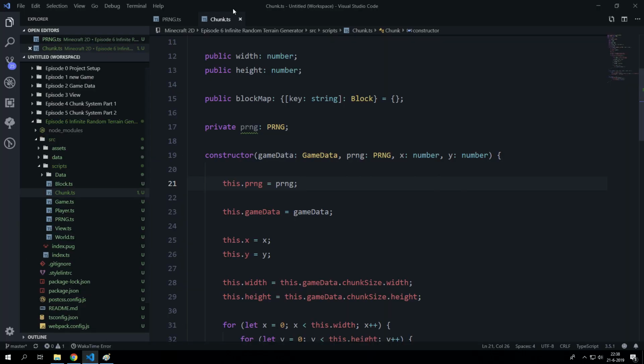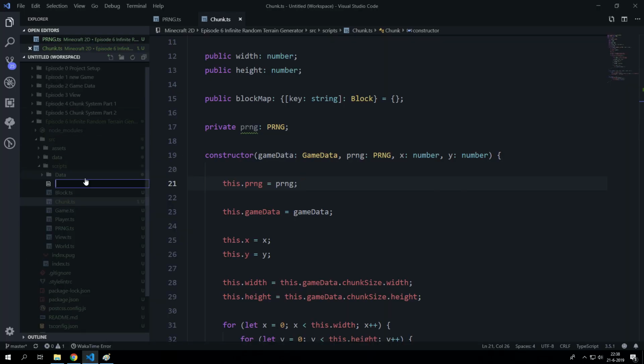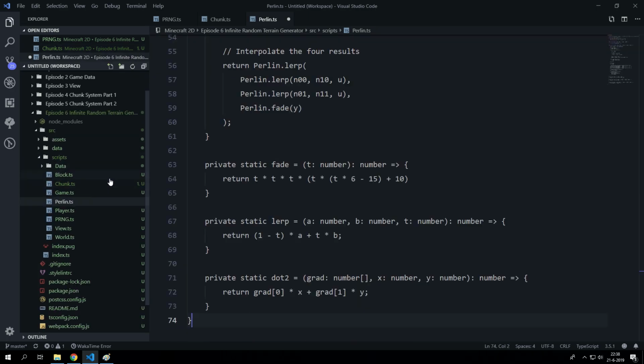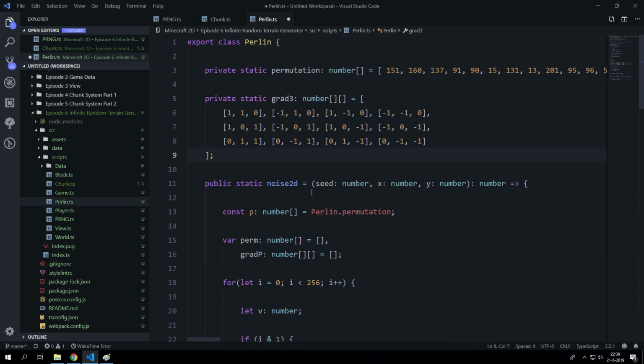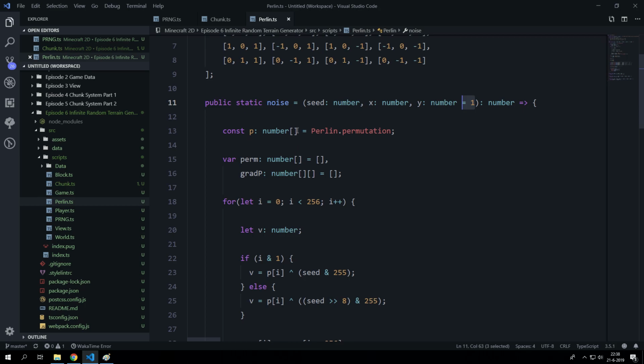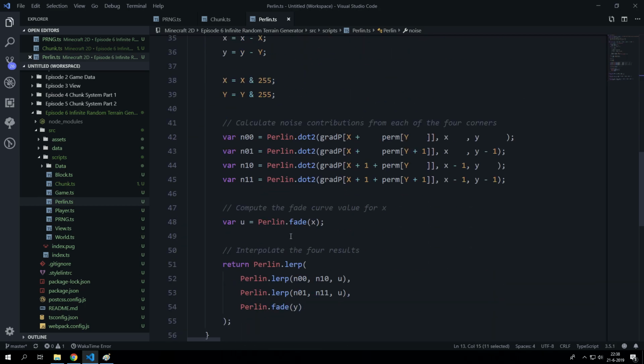Let's copy it and let's paste it in a new script called Perlin.ts. Let's place it in. Make sure we export it. So export class Perlin. And then we can remove this one function. We can change this into the noise function, and then we can say that if we don't pass a y value in here, then y is always going to be 1. And yeah, so this returns a